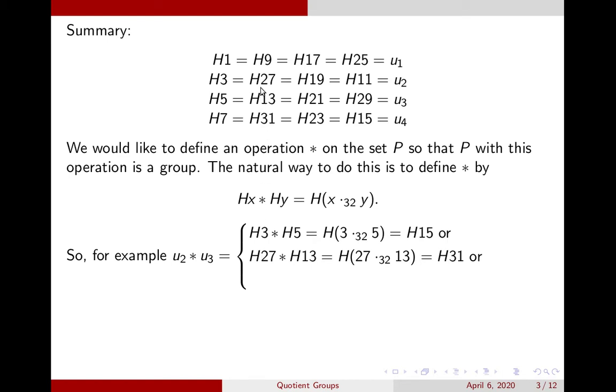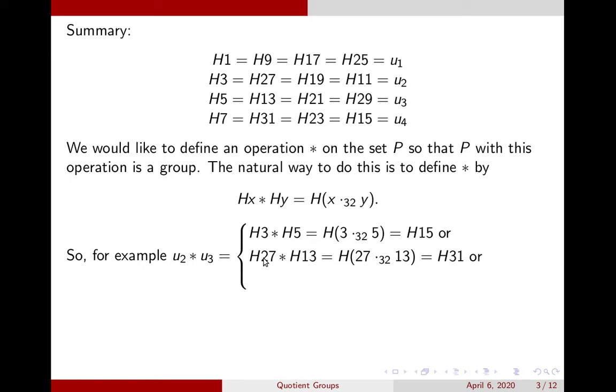U2 is also the right coset determined by 27, and U3 is also the right coset determined by 13. So what happens if you multiply U2 and U3 using these representations? Well, H times 27 star H times 13 would be the right coset determined by 27 times 13. Multiplying in U32, that would be the right coset determined by 31. So actually,